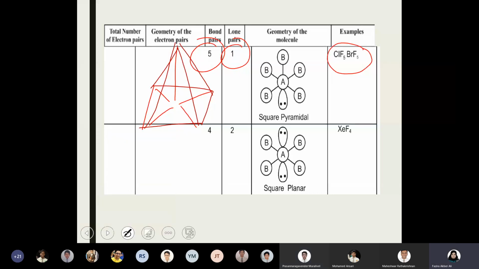Okay, I'll just show you. See, if you take this as X, Y, and the one above as Z, actually all of them are the same. They are identical. So if you remove this position, or if you show a lone pair here or here, it does not make any difference, because 3-dimensionally the end product will be square pyramidal. If you look at the 2-dimensional plane, then you may think it's different. But 3-dimensionally, it is equivalent if you remove any one of them. Yes, ma'am. Because they are identical. All of them are axial only.